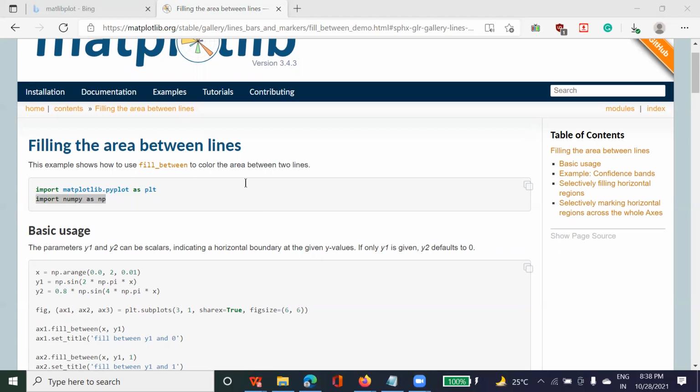You can write it in this way, like x square, right?